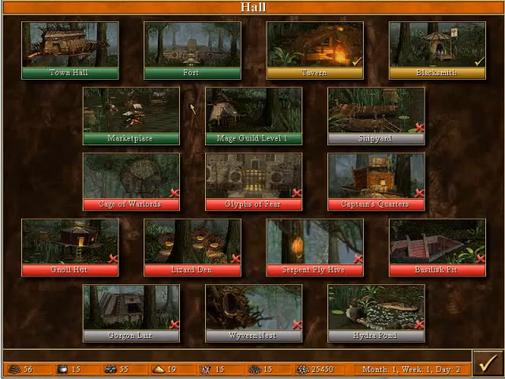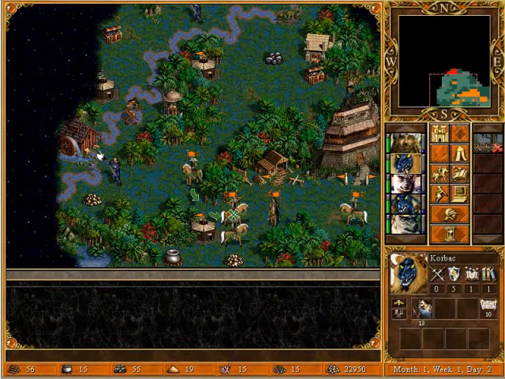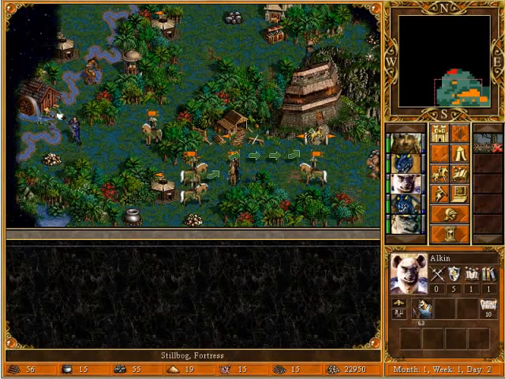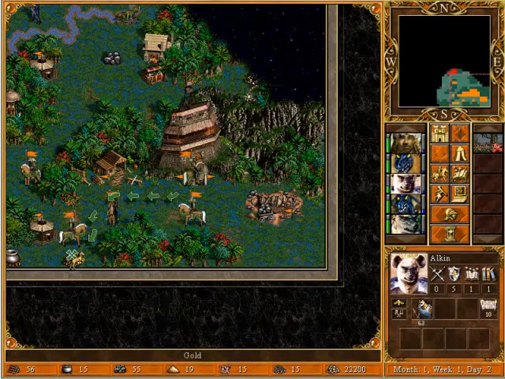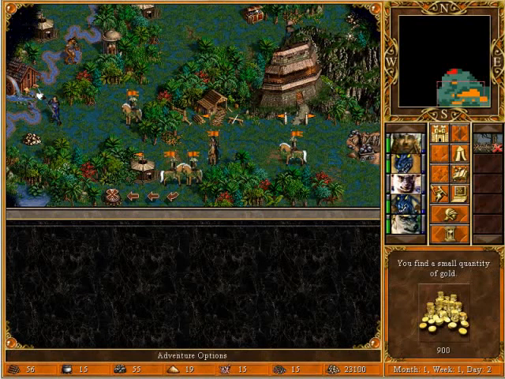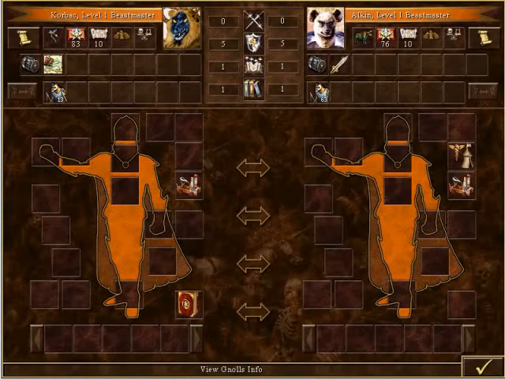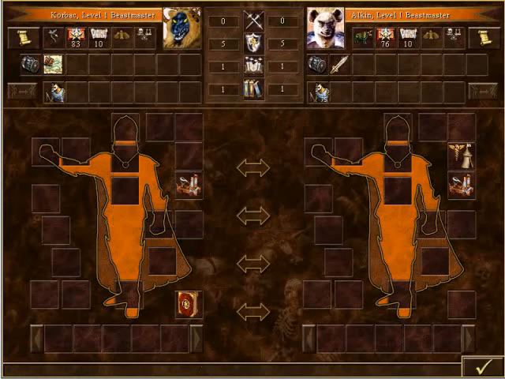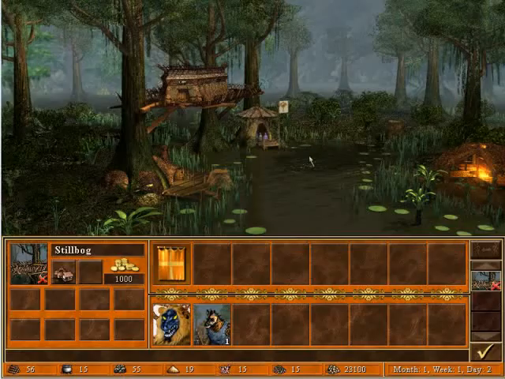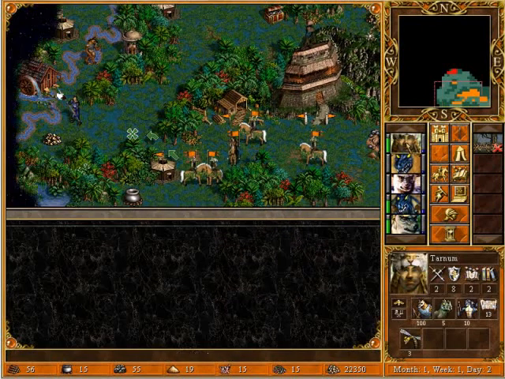Okay, so now we can build our town hall. Basically, Korvax and Alkin need to go pick up first aid tents. But everybody else is good in that regard. Okay, Korvax. We'll have you give most of your troops to Alkin. And then Korvax can buy a first aid tent. Okay, now...